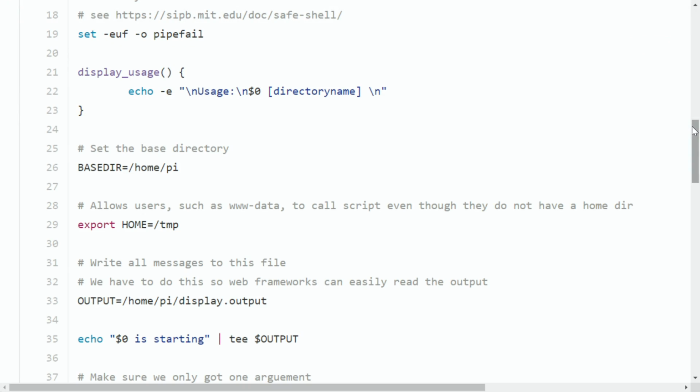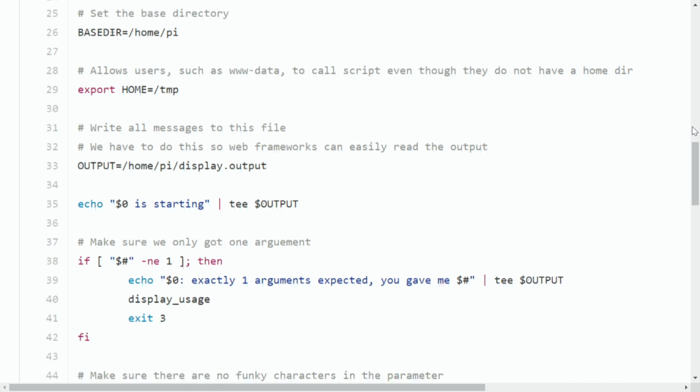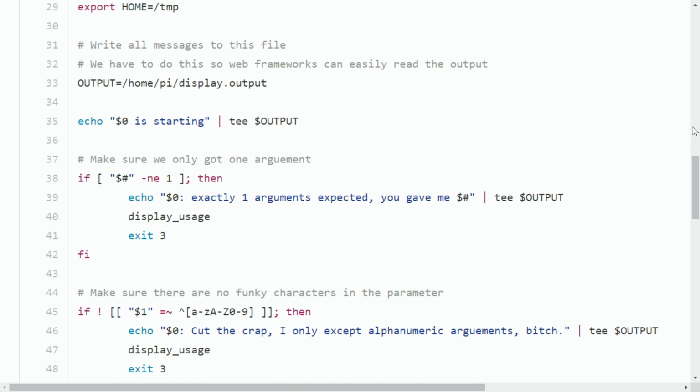Here's where we get into, I wanted to make sure that no one could use my crappy PHP script to exploit my crappy shell script, which turns out is pretty hard. So scroll down. We're on line 37. Okay, so line 38 says if